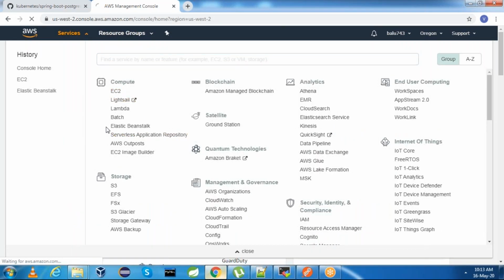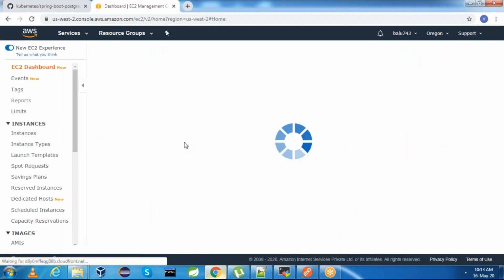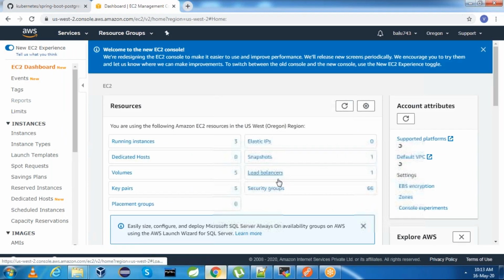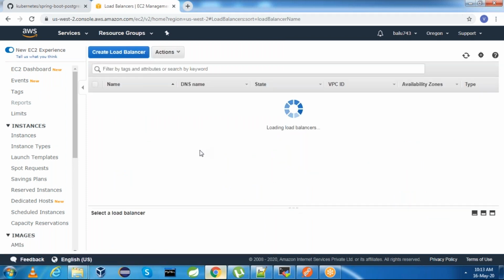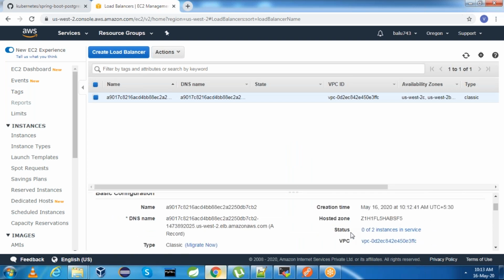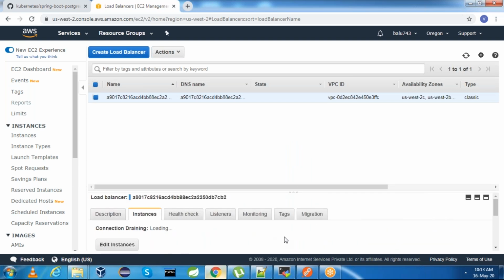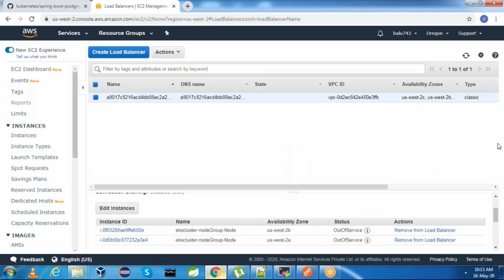Go to EC2, and we are in US West 2. Go to load balancers. See the status, it's not in service yet. Okay, still the load balancer is out of service. We need to wait until this becomes in service.